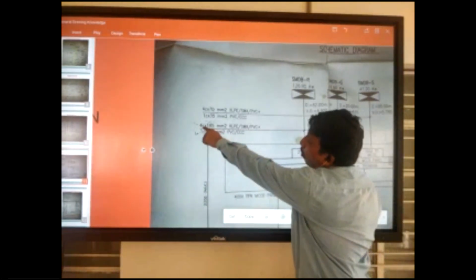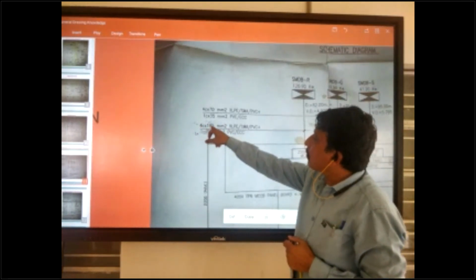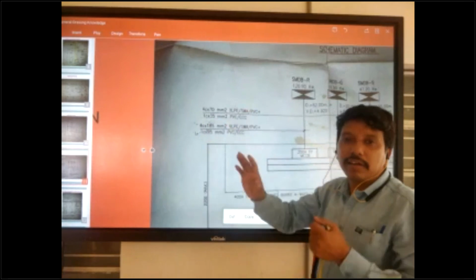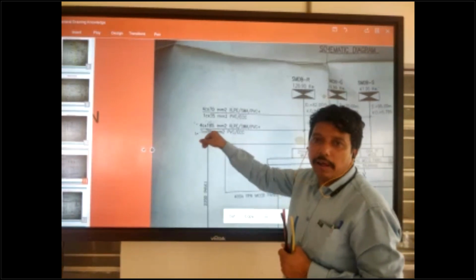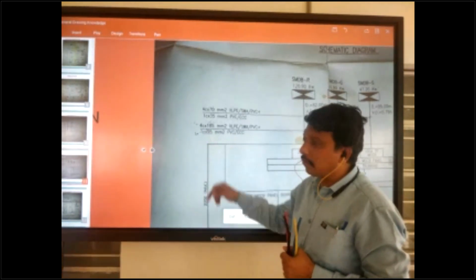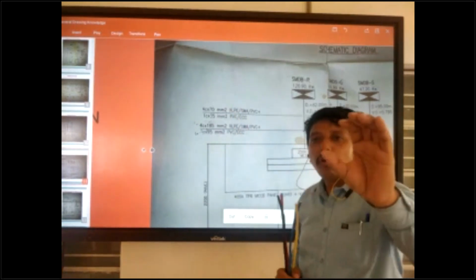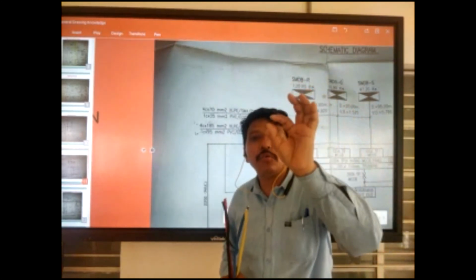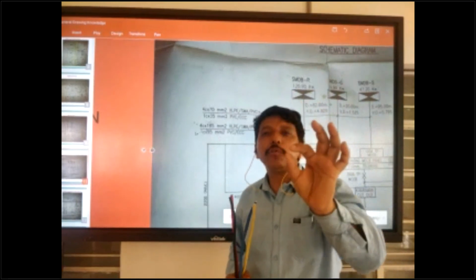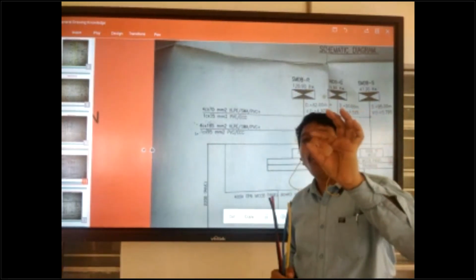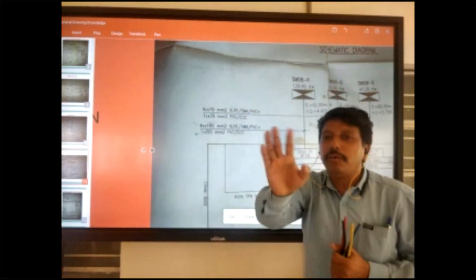So next one is 4 core into 185 mm square. Same like that, 4 core cable is coming. This cable size is 185 mm square. Cable size is big, okay? So here it is written 1 core into 95 mm square. This is the earth. Here half value is not exactly followed, because sometimes half value cable is not available. If that condition comes, you can use a little bit higher value for the earthing, not going down below half value.